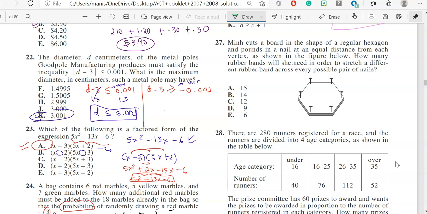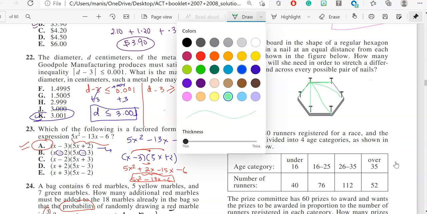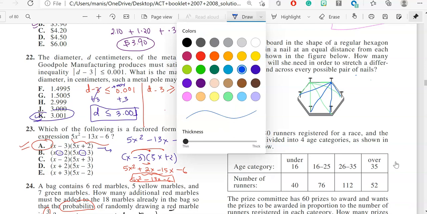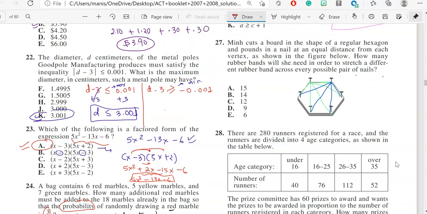So it's kind of easy. You can start from here. So this is your 1, this is your 2, this is your 3, this is your 4, this is your 5. Like this, you need to do it with all of them. When you start from this 6, then it's your 7, then your 8, then your 9. Then you can use another color for the next one. Let's use this color over here. So like this, you can do all of these, and you should end up with the answer 15. 15 is the correct answer for this problem.